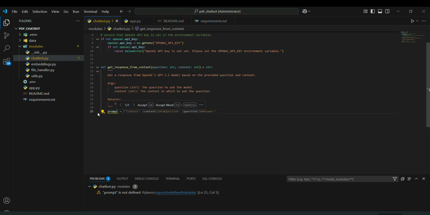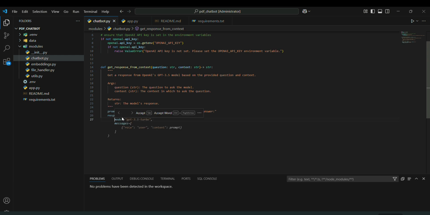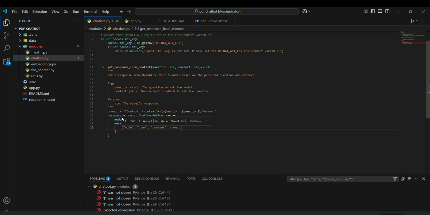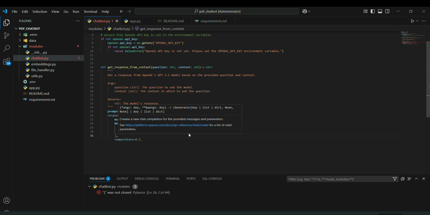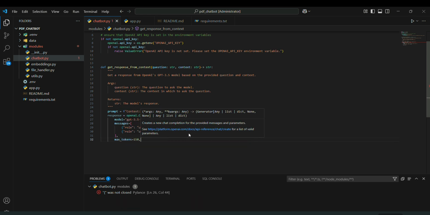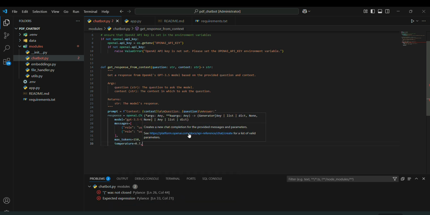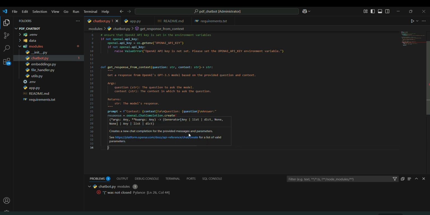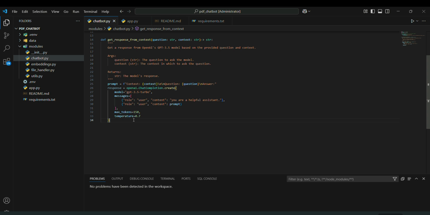ट्राई नहीं। prompt context in questions, क्वेश्चन का आंसर ठीक है, is equal to open chat completions create, model, messages, content, role user, content, इसको देखो, हेल्पफुल असिस्टेंट तो प्रॉम्प्ट अगर इसमें जाएगा, प्रॉम्प्ट भी देना है तो प्रॉम्प्ट भी दे दिया, चलो। बस ठीक है तो इसमें रिस्पॉन्स, रिस्पॉन्स, तो